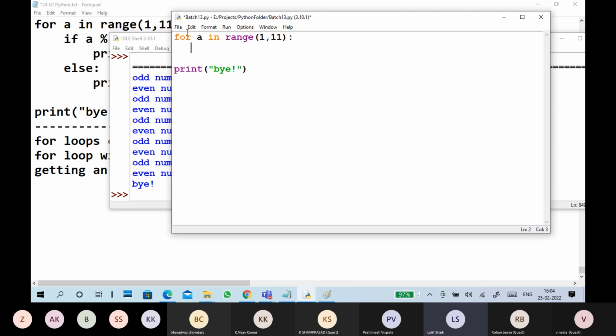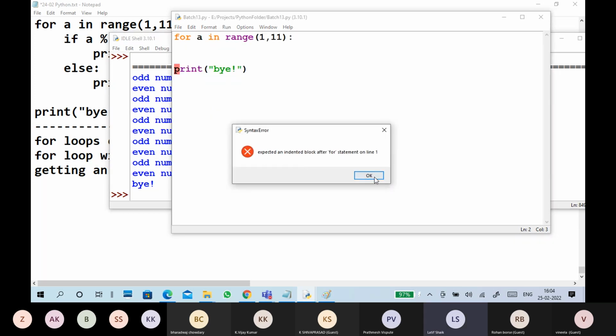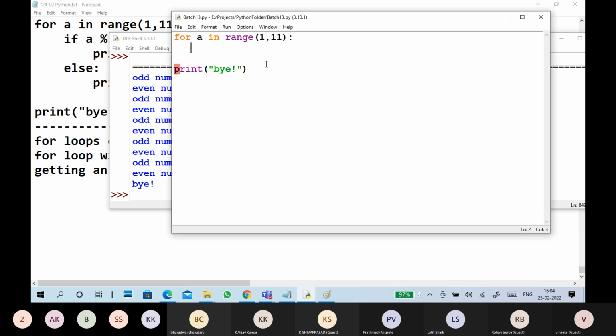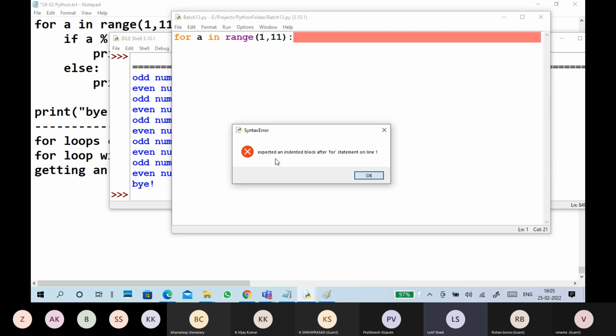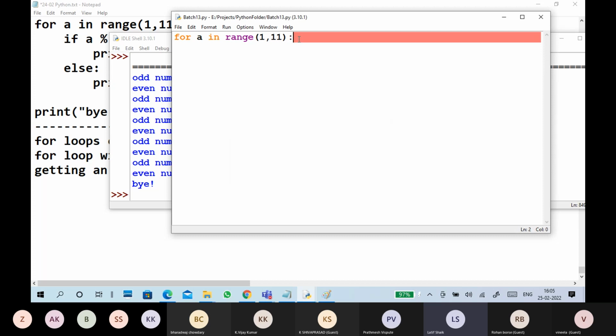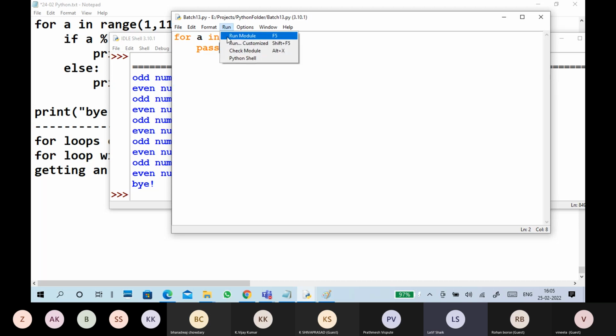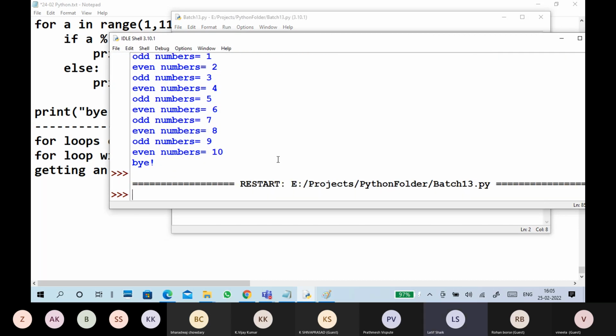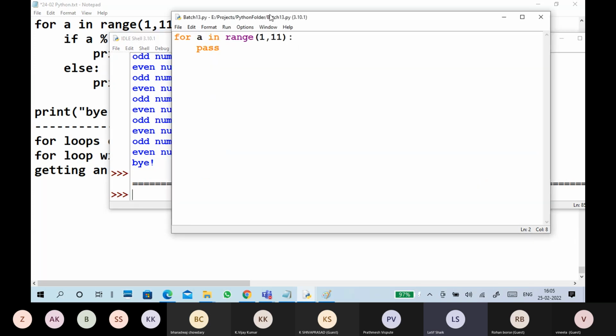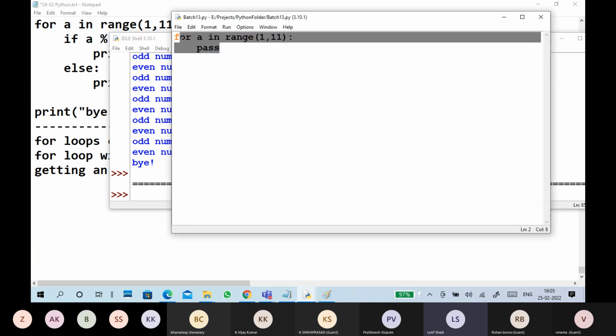Save it and run it. It is throwing an error: expected an indented block for statement line 1. Just I gave one statement only, and it is showing a for loop error. So what I'm doing is putting pass. It does not display anything because there is no statement to display, but it won't throw you an error.